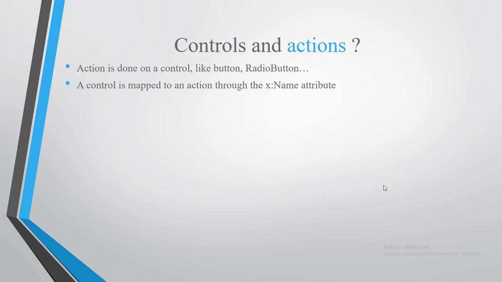Action and control: how to bind an action to a control. An action is done on a control like a button, radio button, or whatever else. A control is mapped to an action using the XName attribute. For instance, the button below uses the XName attribute with the value button to add the action